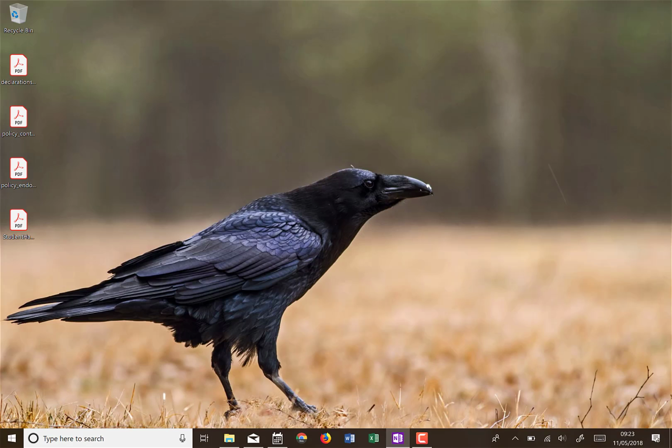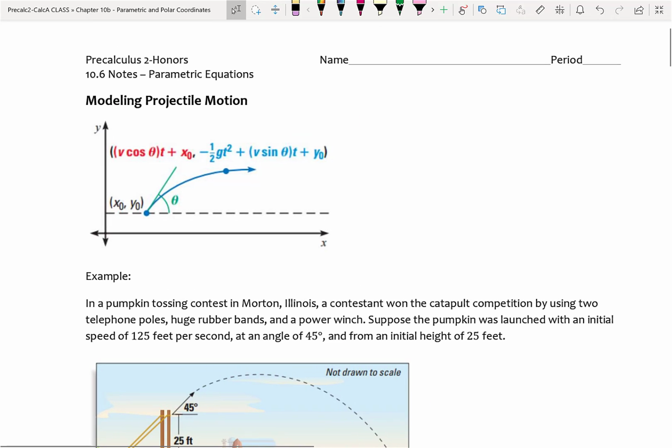Okay. You guys have been used to expressing functions as f of x. That is now going to change in this chapter. This is going to be new, and it's going to take a little bit of adjustment. But the first type of change in this is probably the simplest, and it's one that whenever I make worksheets